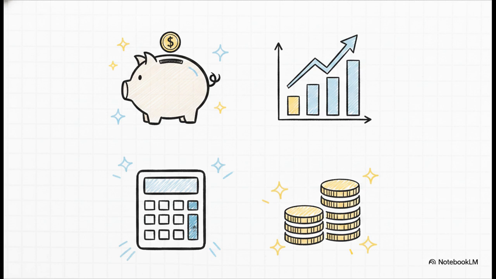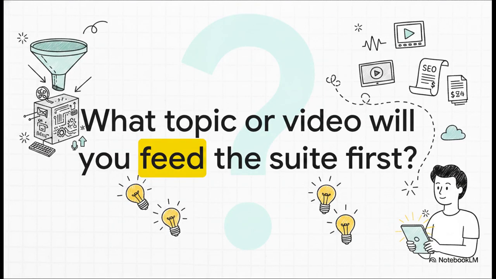So we've seen how to feed the engine, we've unpacked that comprehensive 8-part production package it spits out, everything from runway prompts to SEO tags, and we've discovered that incredible fast-track bypass for business finance. You now understand the mechanics of this ultimate content scaling workflow. So I'm going to leave you with this provocative thought. As the director of your own content, wielding all of this massive leverage right at your fingertips, what topic or video are you going to